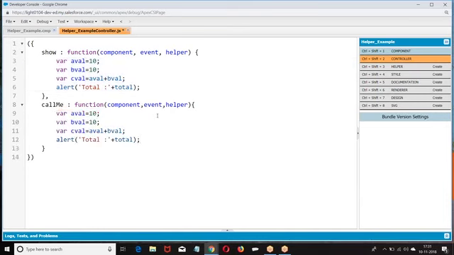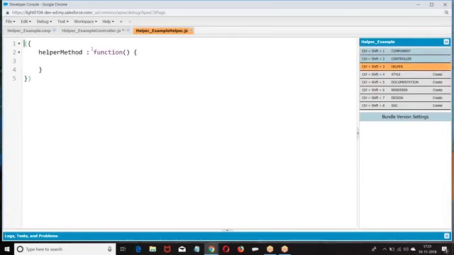So what is happening? If you are having the same repetitive code, then why are you writing it twice? You can go to the helper and invoke, I can give component, event.